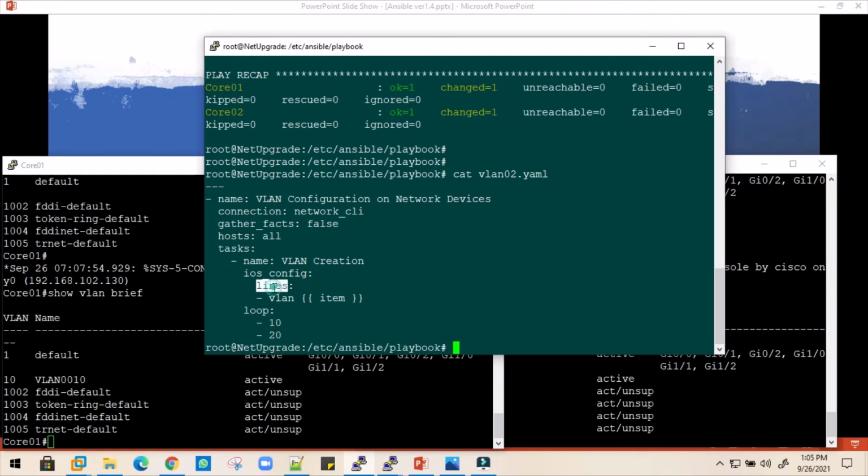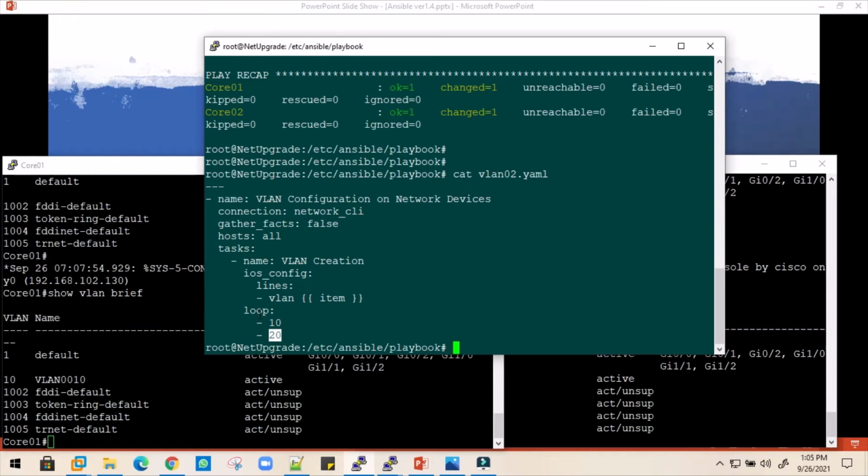But this time, instead of executing one single command, it needs to execute one command separately and uses the loop function. Within the loop, we specify what VLAN IDs are going to be created on the switch: VLAN 10, VLAN 20, VLAN 30, VLAN 40, whatever it is.